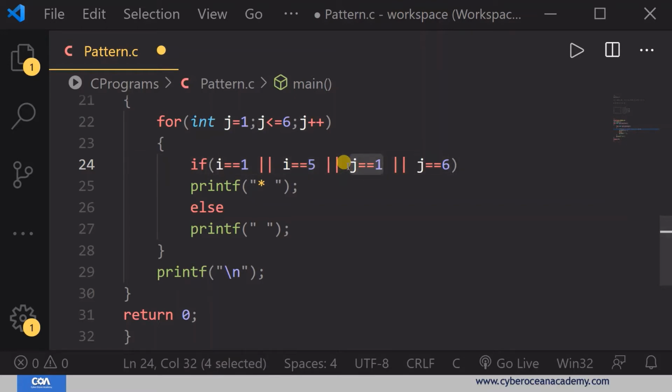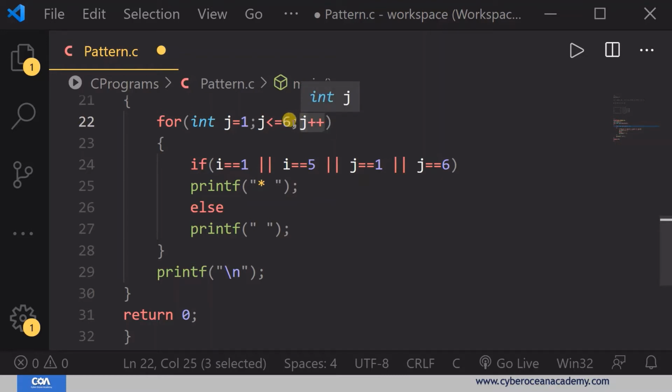When this for loop runs for the first time, it will check j is equal to 1, that condition is true, so it will print a star. Again the loop runs, and the value of j will increase as j plus plus, that means j is equal to j plus 1.